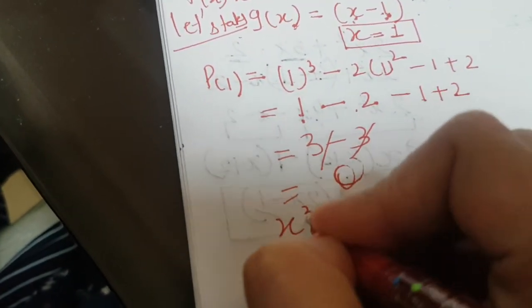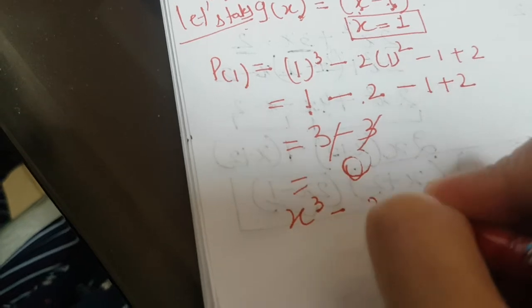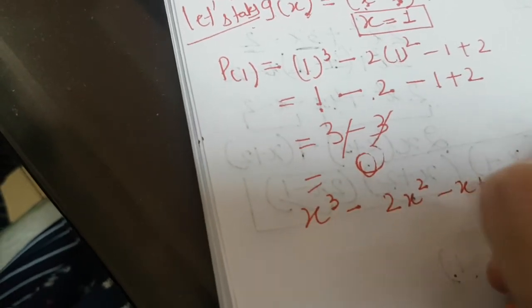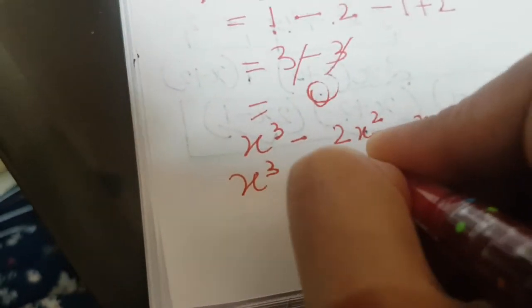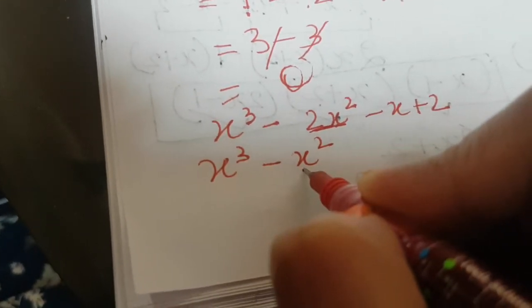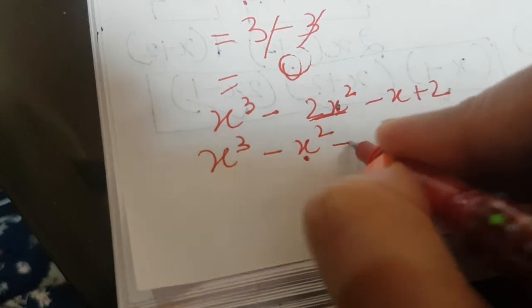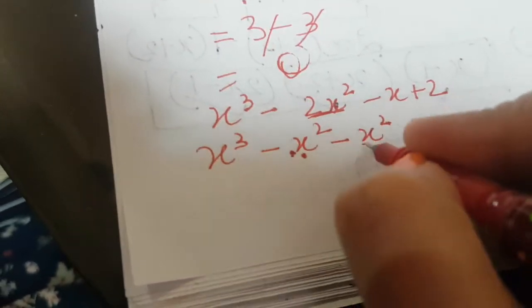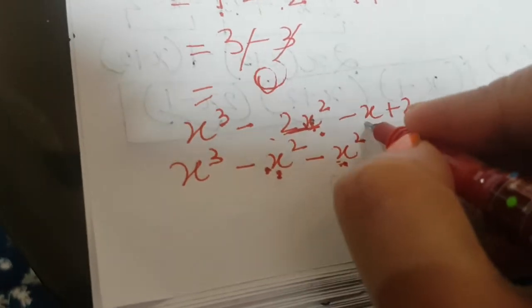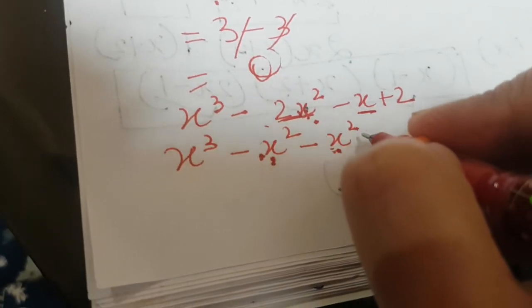So when we do the next calculation of this cubic polynomial, we already know that x minus 1 is a factor of px. So what do I take with x cube? Only minus x square. Out of this 2x square, I have taken minus x square separately, so what is left? Minus x square will be left, because minus minus is plus. And minus 1 becomes minus 2. If I have taken minus x square here, so minus x square is left. Now how to split this minus 1?